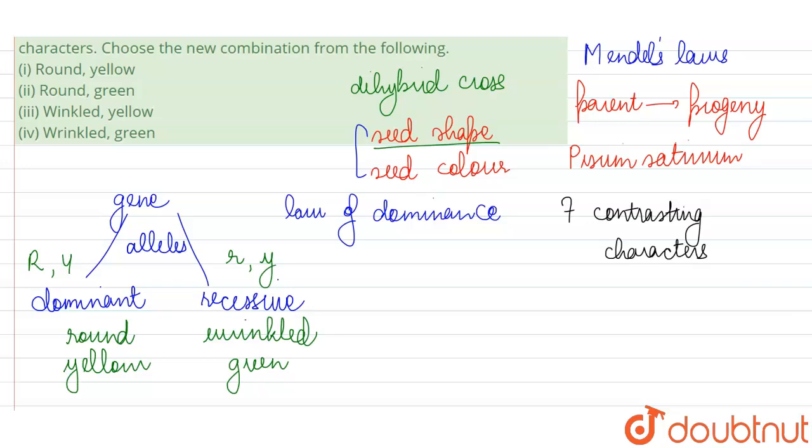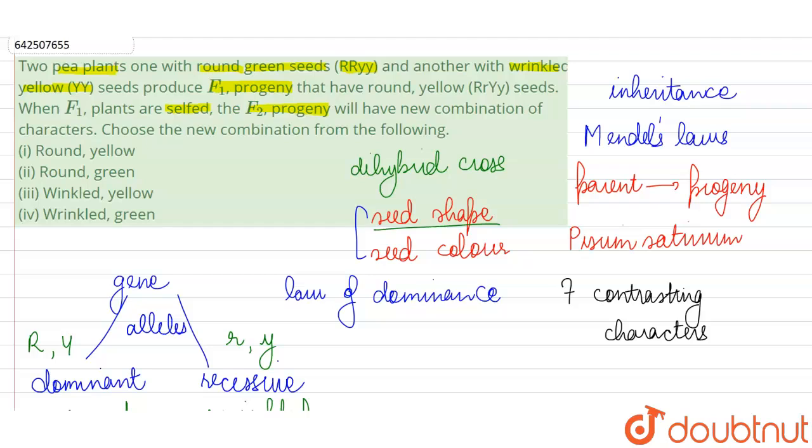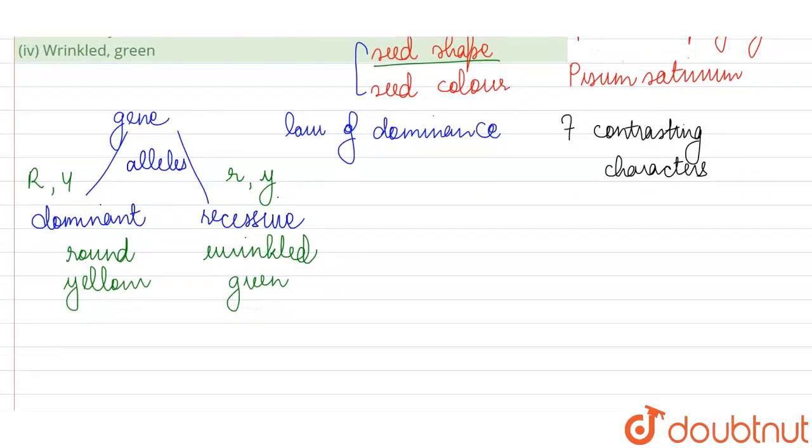So when we are carrying out such a dihybrid cross, in the F1 generation, they've already told us that when we carry out this cross between round green and wrinkled yellow parents, in the F1 progeny we get this genotype, round yellow seeds, but actually they are not pure round yellow. They have the recessive alleles also. They also have the alleles for wrinkled and green seeds, but because these alleles are recessive, they're not able to express themselves, and all the progeny in the F1 generation have round yellow seeds, but they are hybrids, they are not pure.